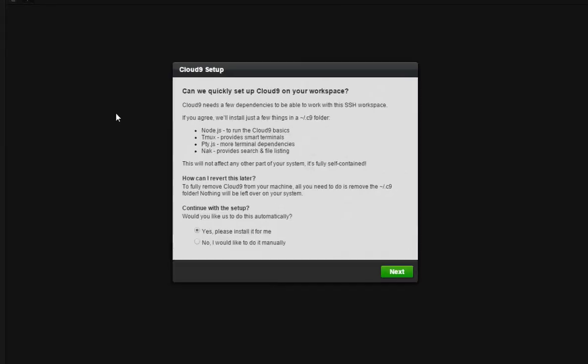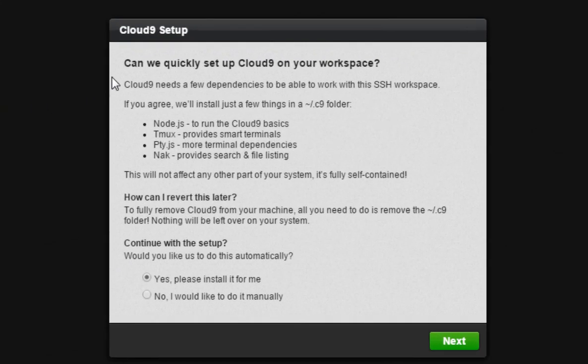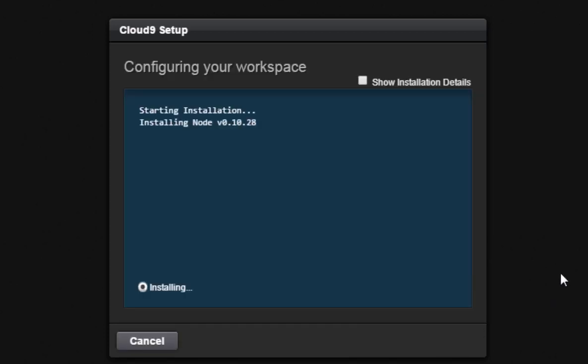When you access your DigitalOcean instance for the first time through the Cloud9 IDE, it will prompt you to install a few dependencies on the server. Just click on yes, please install it for me and click on next. This will take a while and will install the dependencies for you.